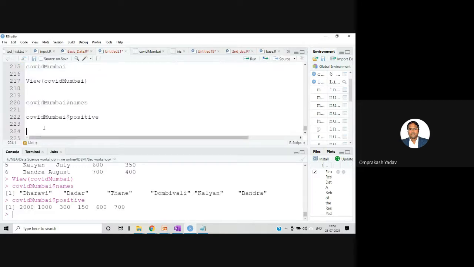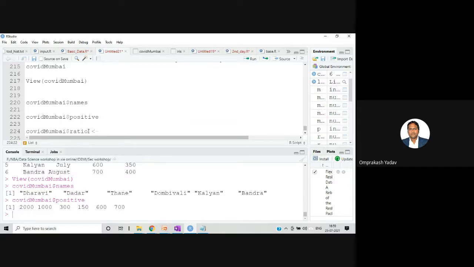So I'll give the name as, let's say, COVID Mumbai dollar, and here we can specify that name. Let's say I'm giving ratio. This column is not there, but I am giving a new name, ratio, which will be inserted over there.